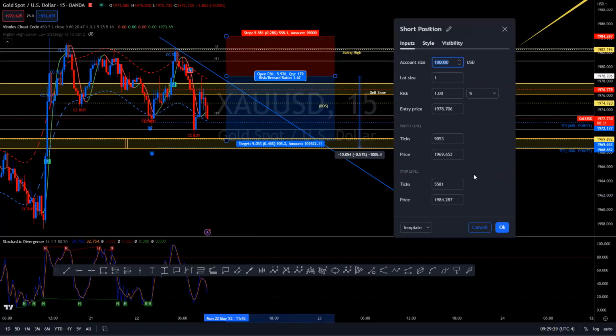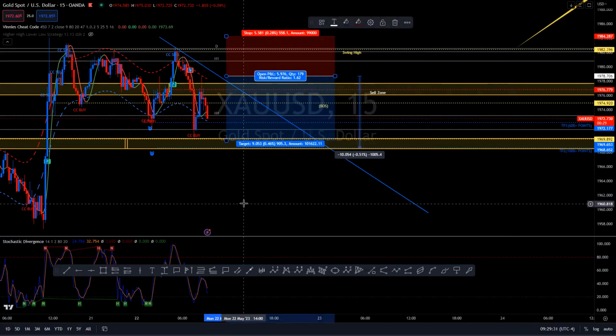So that's stop loss and take profit put in. Let's see what the next candle does. Nice sell there. We really see